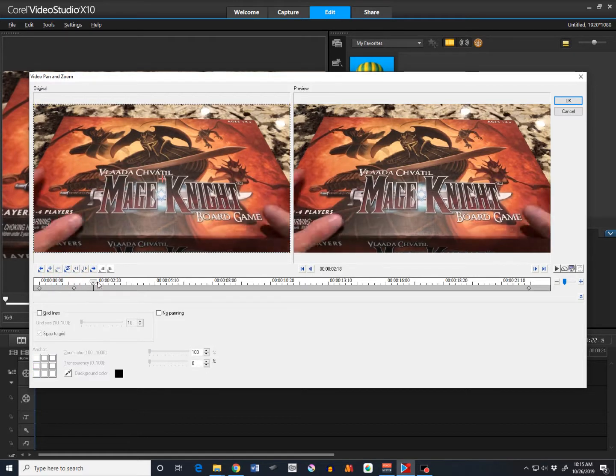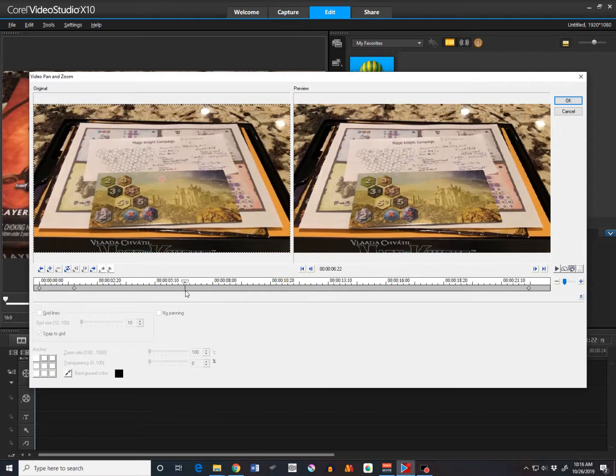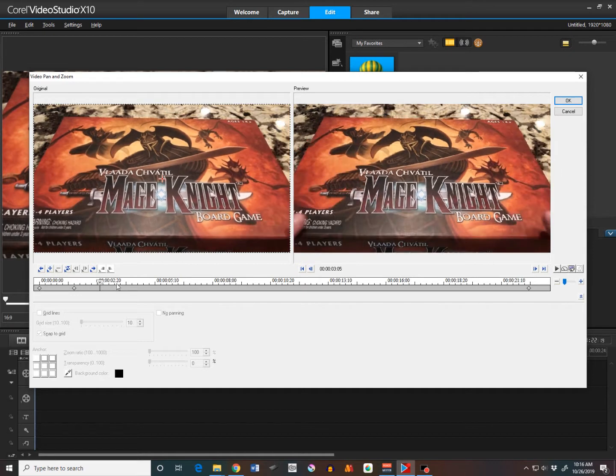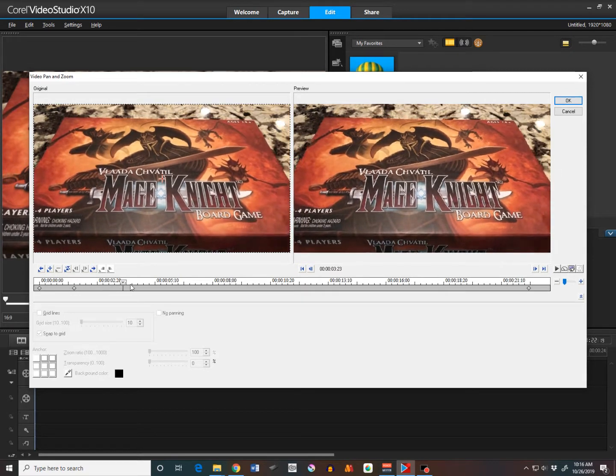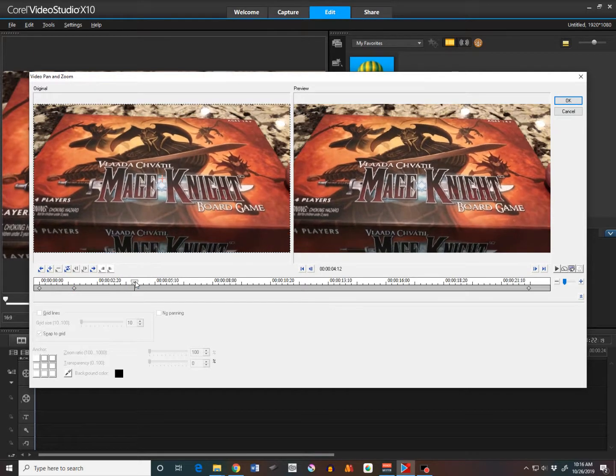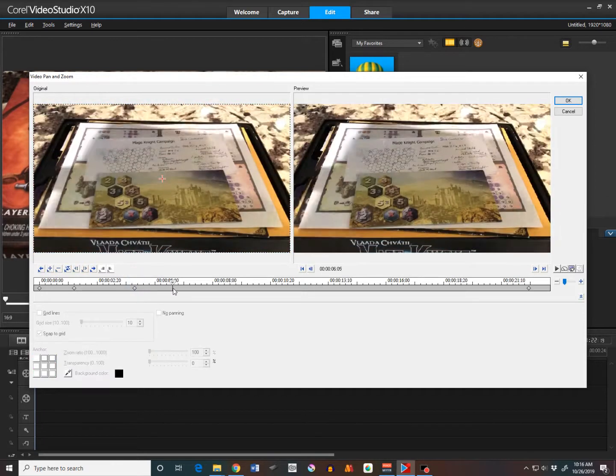So I want to do a keyframe there. And then let's say as soon as I open the box, well, let's add another keyframe because I want to keep this. I want to copy this keyframe to here because I don't want to start zooming and panning until he opens the box. So let's do that, and I'm going to click a plus here, and then I'll zoom in to this